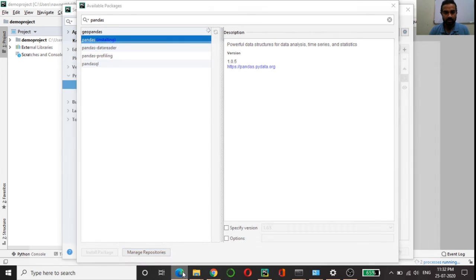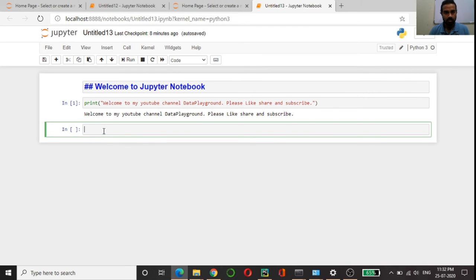Similarly, to install packages in Jupyter, we can give pip install pandas and run it.